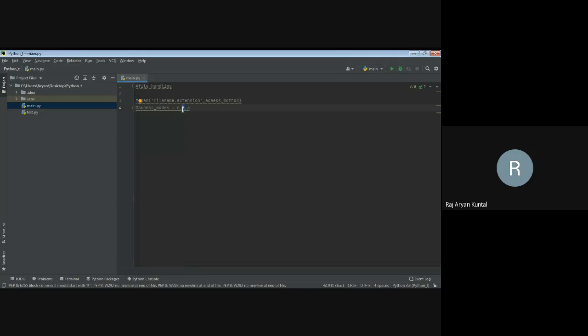When you open it in the W access mode, what happens is the file is completely cleaned. Whatever is inside the file is completely removed, and the pointer is set to the start point, that is 0. Then you can write anything inside the file. And then the last one is A. This access mode opens the file and allows us to write something extra inside the file. It does not clean out the data, but